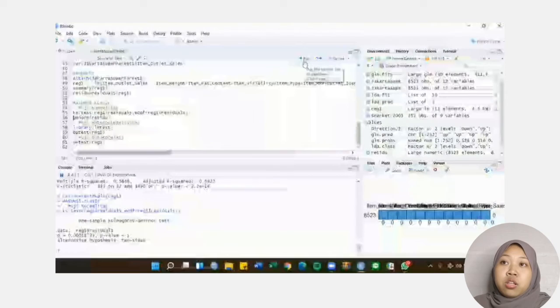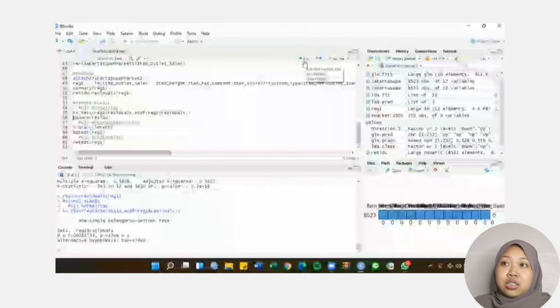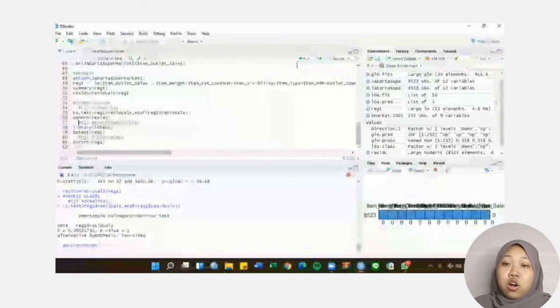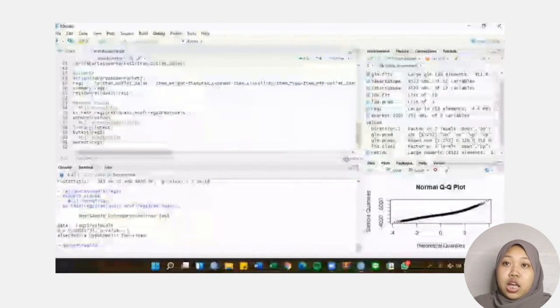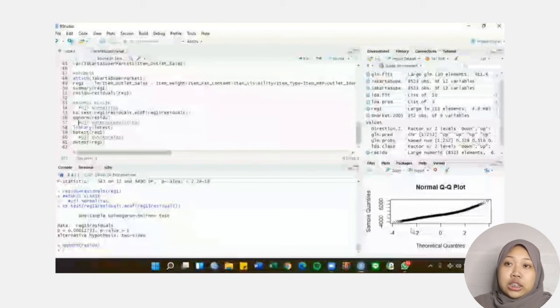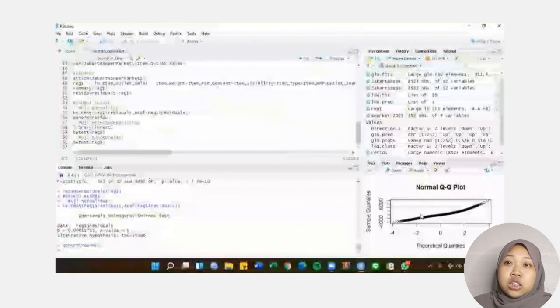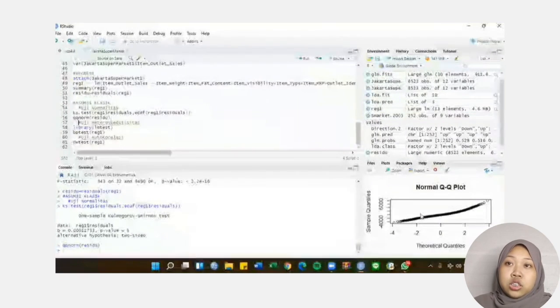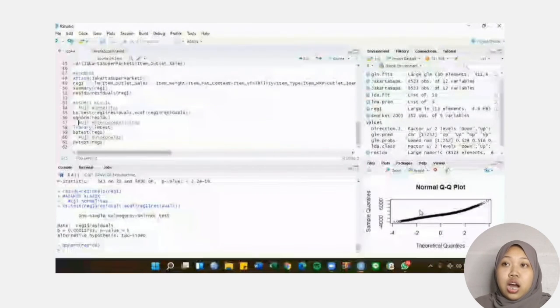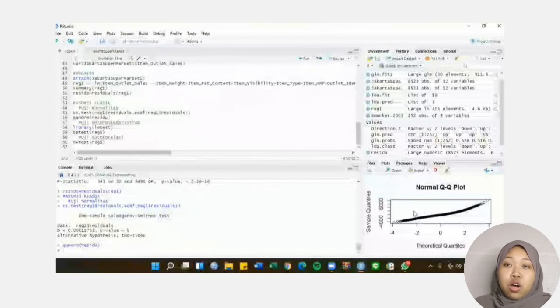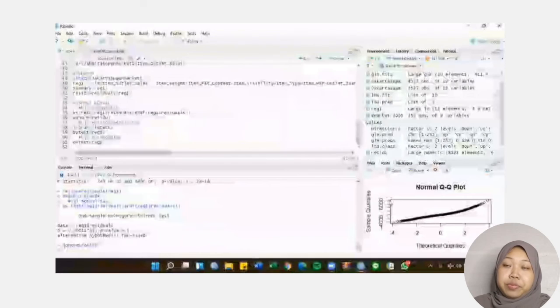But for a normality test, it is better to use the KS test or Kolmogorov-Smirnov test so that the results obtained are more certain. Next, perform heteroscedasticity using the Breusch-Pagan test. The result obtained is 0.000, so it can be concluded that there are symptoms of heteroscedasticity.